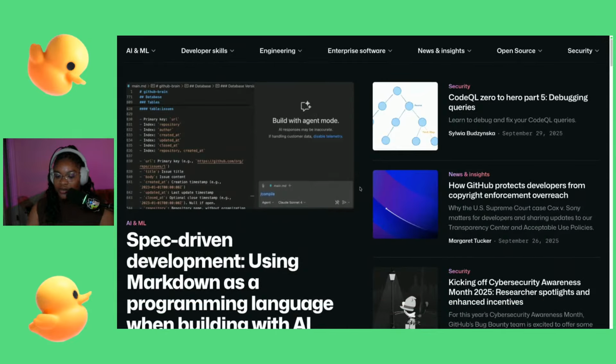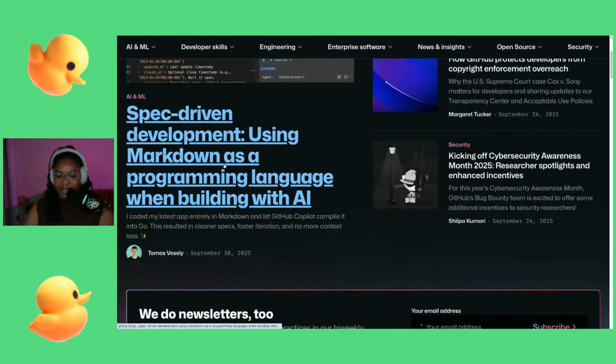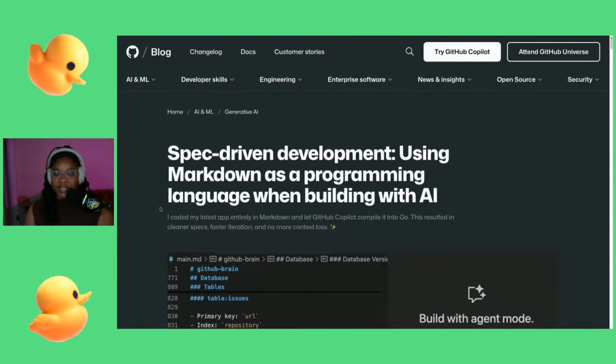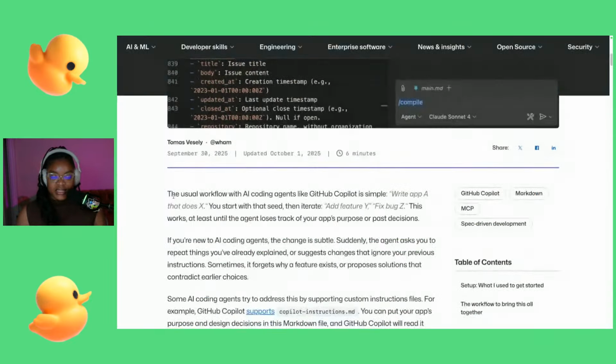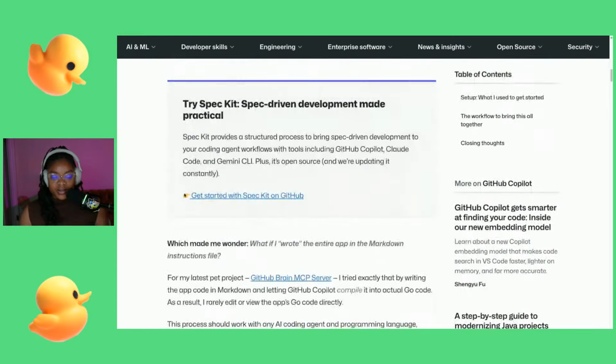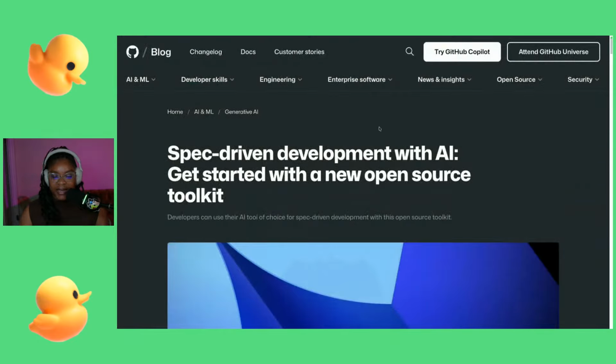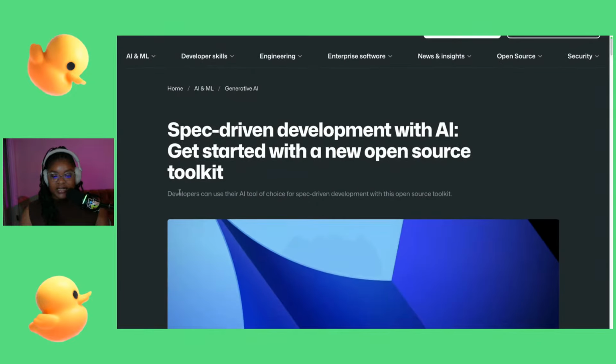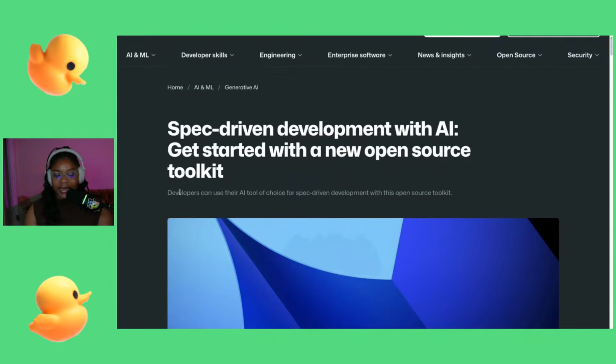One really great blog post that came out, I believe, yesterday is about spec-driven development with AI. So instead of using the waterfall method or writing a bunch of issues and all that jazz, this approach uses AI, and more specifically the spec kit that GitHub recently open sourced, to build your projects for you. So this is the spec kit here. It's essentially spec-driven development in AI and how you can use AI tools to get that done.